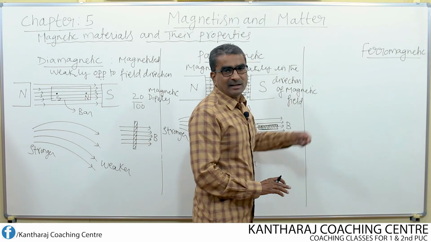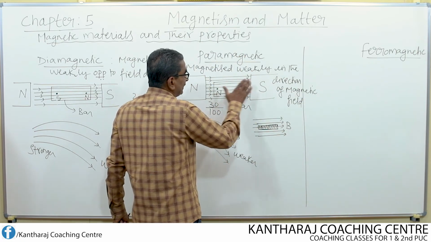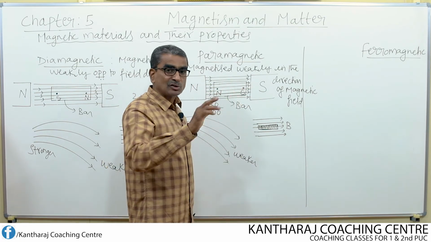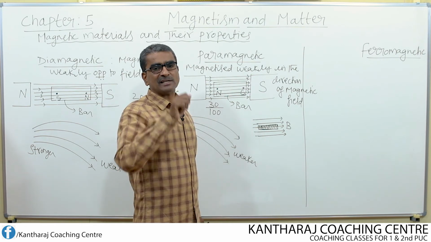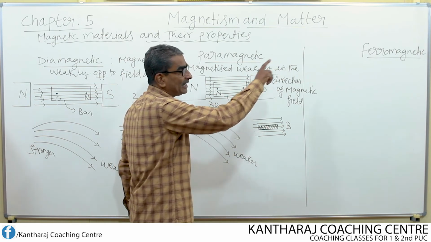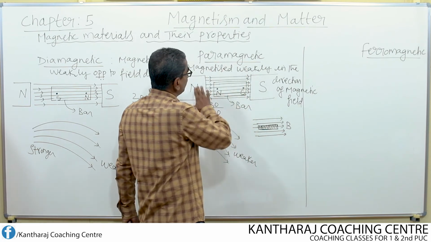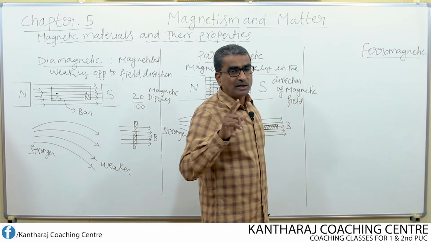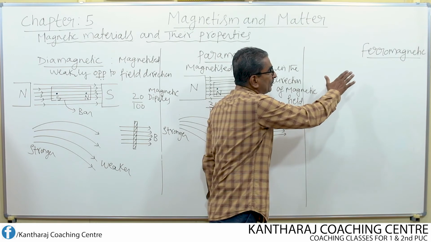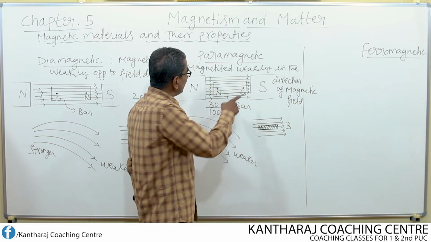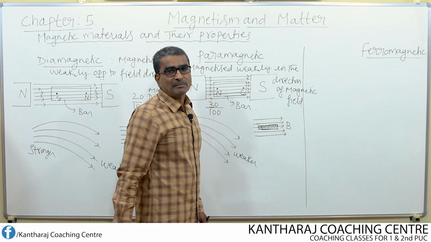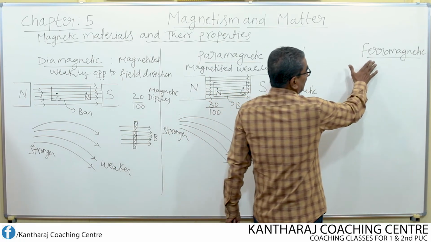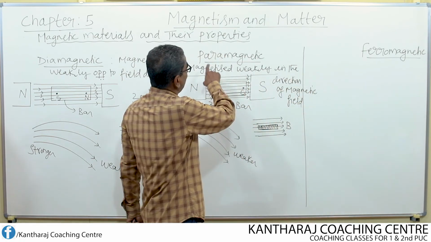What about ferromagnetic material? Now suppose after keeping a bar in a uniform magnetic field produced between the two pole pieces, if that bar gets magnetized strongly once again in the direction of the magnetic field, then we call that ferromagnetic material. Remember, whatever property the paramagnetic material possesses, the same property the ferromagnetic material also possesses, but the only difference is that the properties possessed by ferromagnetic material are very strong when compared to those of paramagnetic material. So both materials possess more or less the same properties, but ferromagnetic material exhibits the properties more strongly than the paramagnetic.